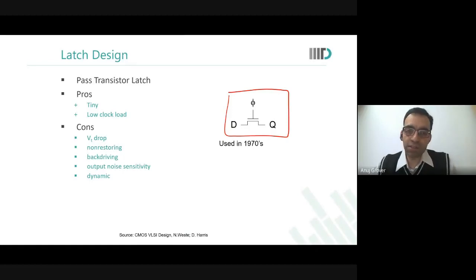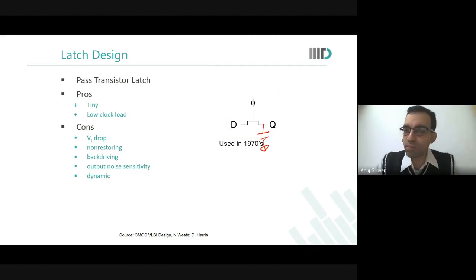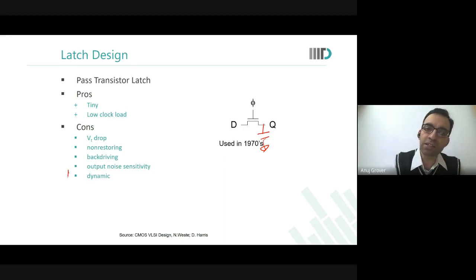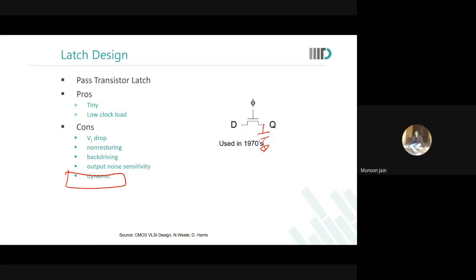Since there is a clock, this can also be considered as dynamic. Once the clock goes, there is nothing to store the value of Q over here, only the capacitor. Are you able to see this? So once the clock goes, D is no longer driving Q. Q has to be held as charge on a capacitor. So for all practical purposes, we can consider this as a dynamic latch. Are you able to see this? But if we want to use it as a switch, then it is useful for us, right?